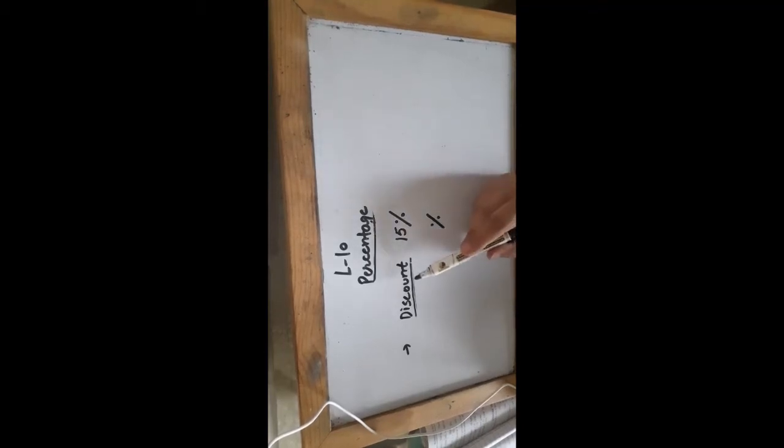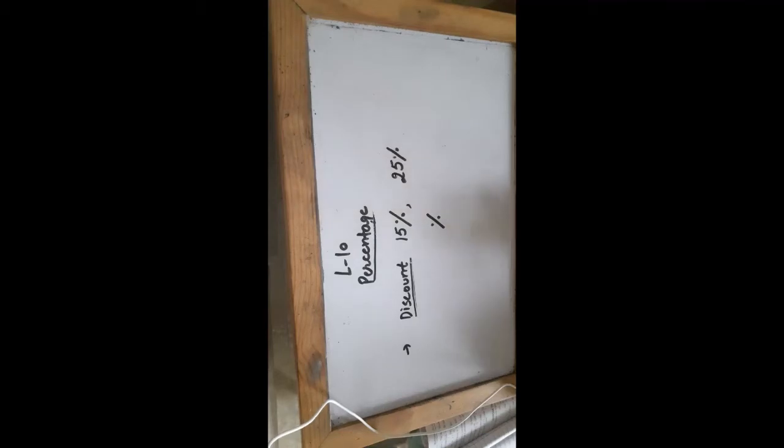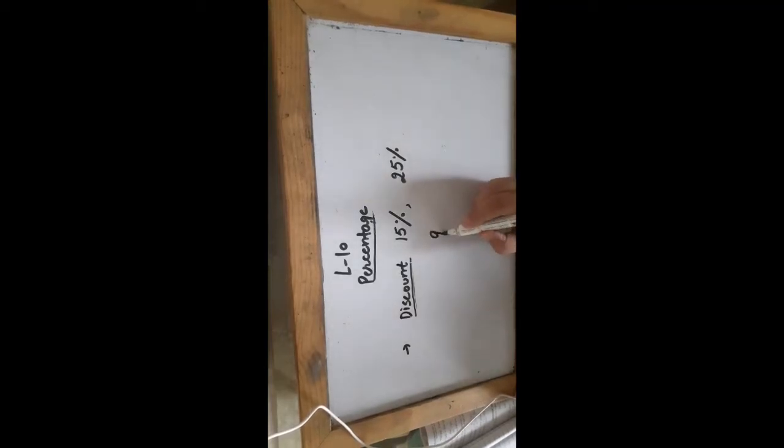So you must have read over there that the discount is 15% or 25%, right? That there is a discount on toys of 15% or 25%. Or on your report card also you will see that there is a column where it's written how much percentage you have scored in the exams. So maybe you scored 95% marks, so there also you can see this symbol.